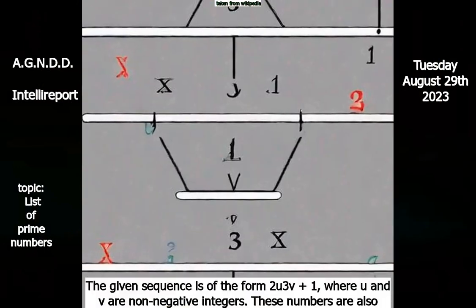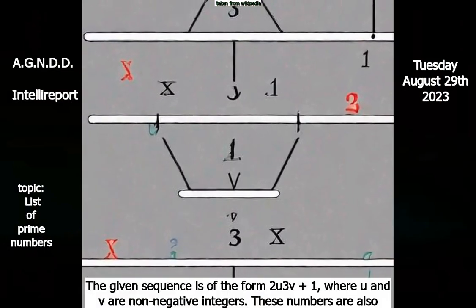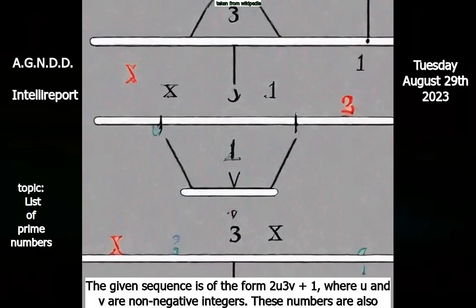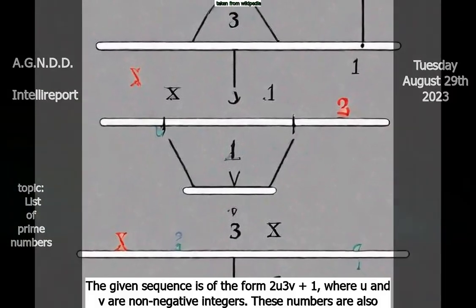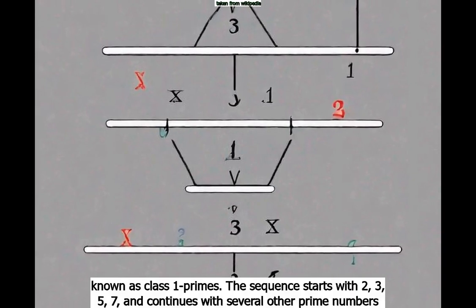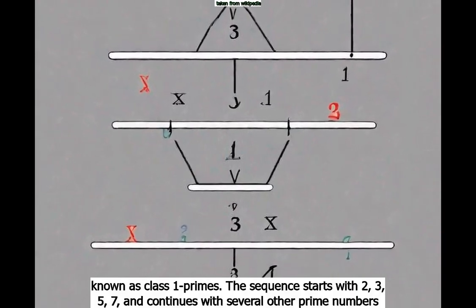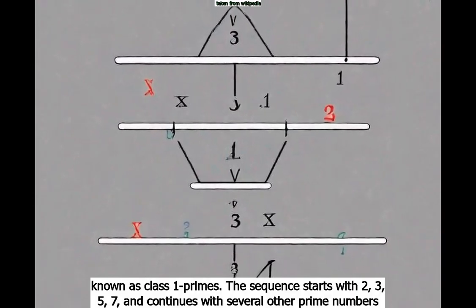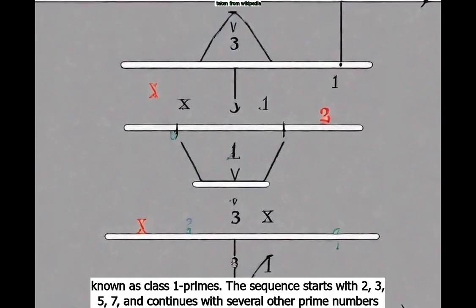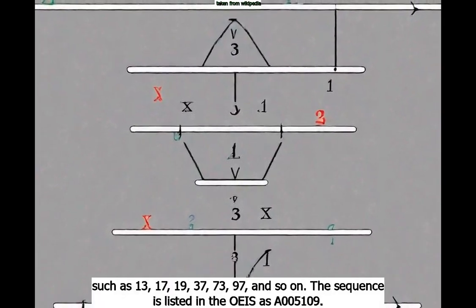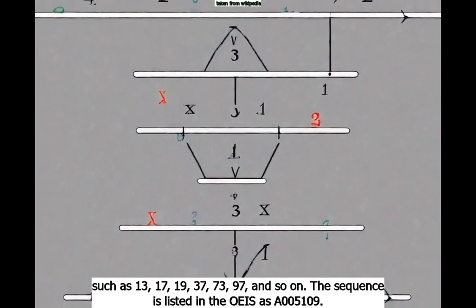The given sequence is of the form 2^u 3^v plus 1, where u and v are non-negative integers. These numbers are also known as class 1 primes. The sequence starts with 2, 3, 5, 7, and continues with several other prime numbers such as 13, 17, 19, 37, 73, 97, and so on. The sequence is listed in the OEIS as